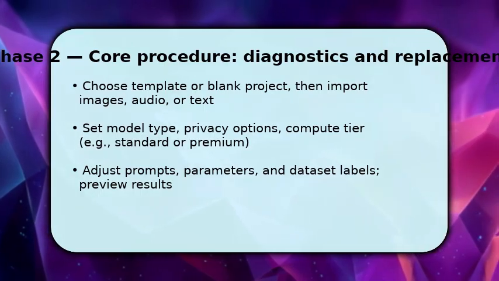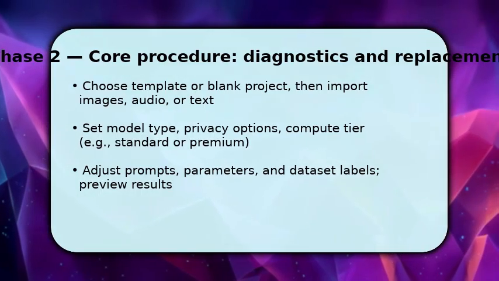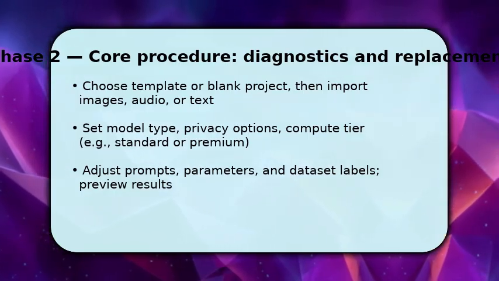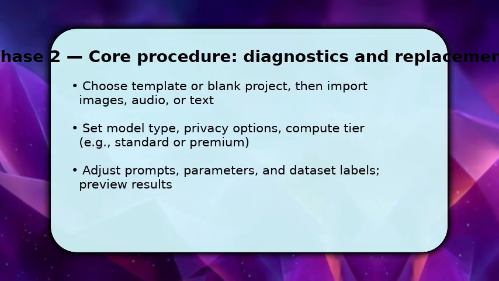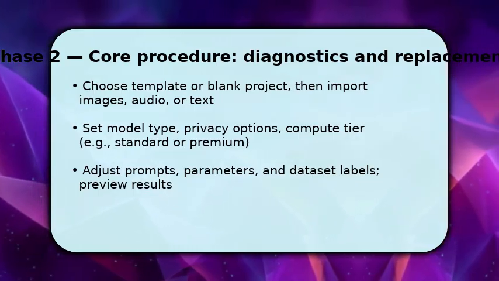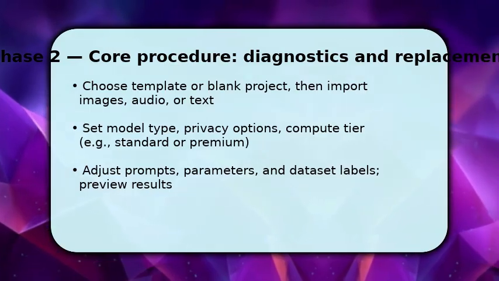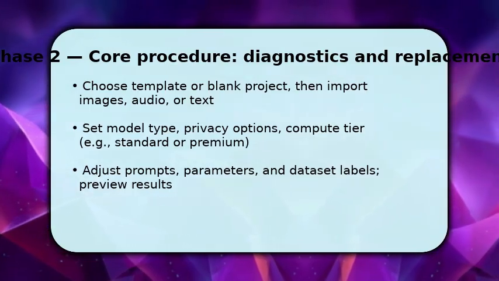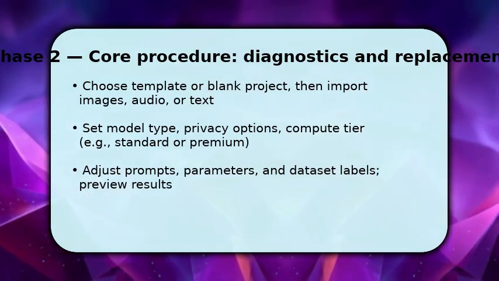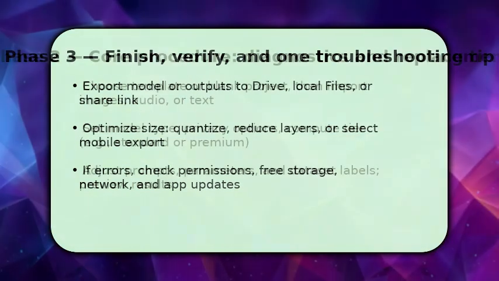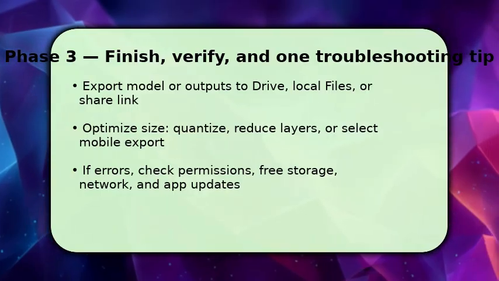Choose model type, set privacy controls, and select Compute Tier, standard for quick tests, premium for higher quality. Then adjust prompts and parameters, add dataset labels, and run a small preview. Make sure to monitor on device previews and logs so you understand how changes affect outputs before you run a full training or export. You finalize by exporting the model or outputs to Google Drive, the local Files app, or